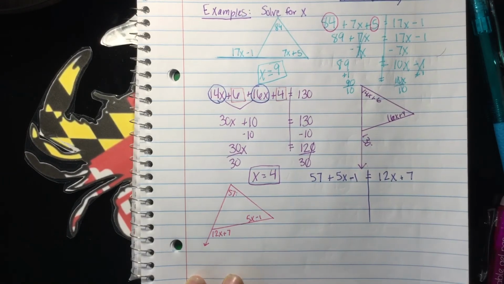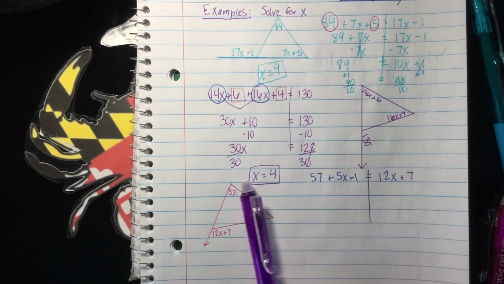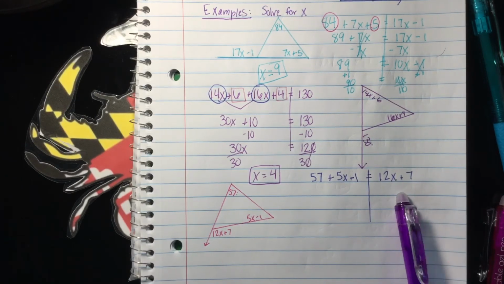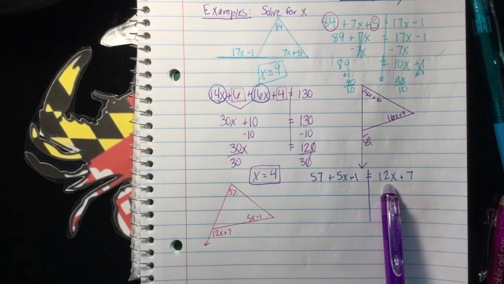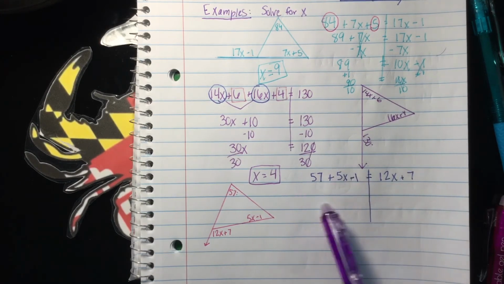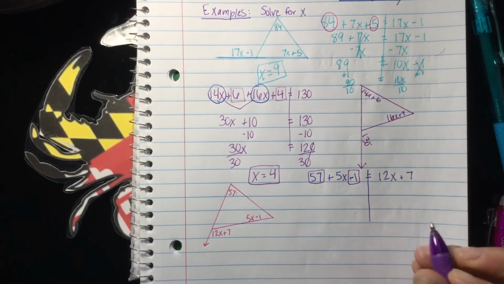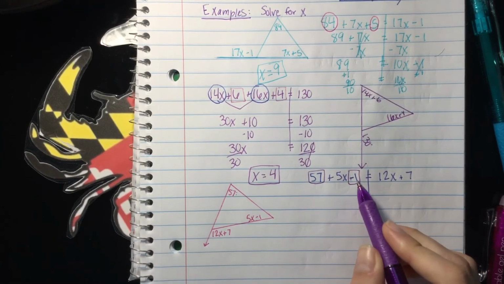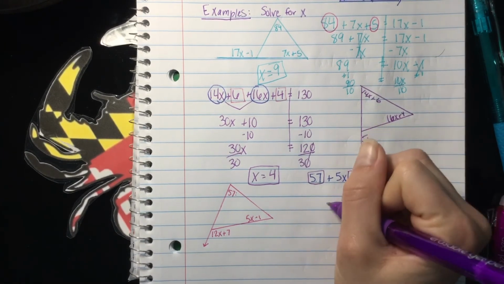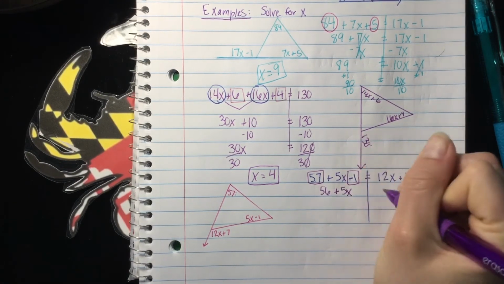All right, so we've got a variable on both sides. So what we're going to do is start with combining like terms on either side. So this side we cannot combine any like terms because this one has a variable and this one does not. And so you cannot combine anything here. On this side, we can combine 57 and negative 1. So 57 plus negative 1, or 57 minus 1, is going to be 56. So we've got 56 plus 5x equals